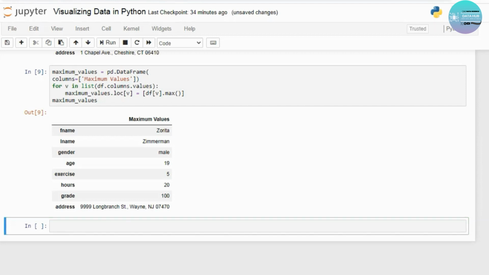Okay, so now we'll write our last code over here. That's joining all the computed lists into one report. Okay, for that, it's a pretty easy one. You don't have to write a long code. You simply have to write the pd.concat